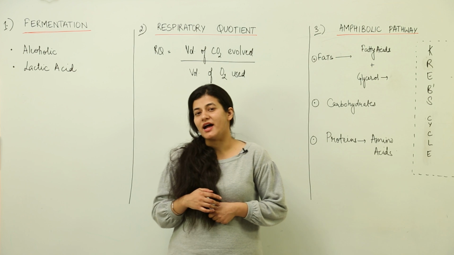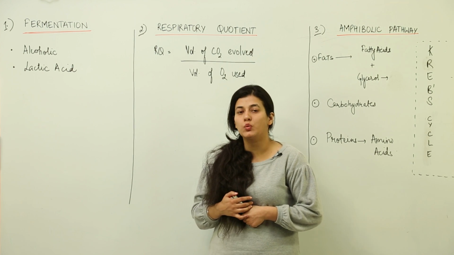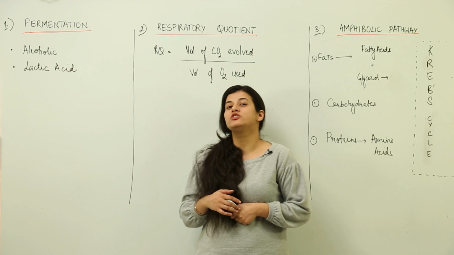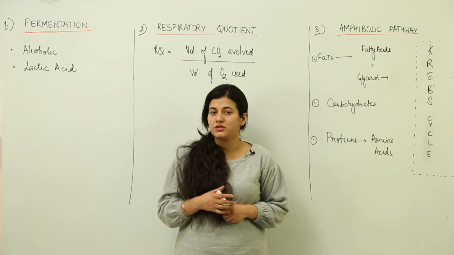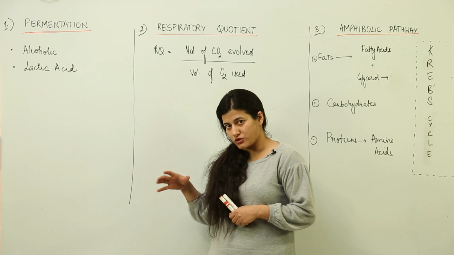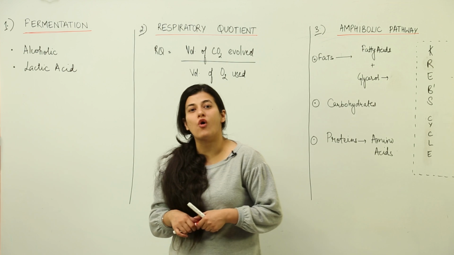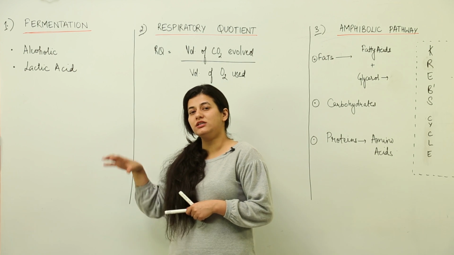We did discuss that in anaerobic respiration, that is one type of respiration where there would be very less amount of energy generation and there would be deficiency of oxygen. That means there would not be an electron acceptor in the end. That is why the Krebs cycle would not be driven and the electron transport system would not be driven. And what happens, the pyruvic acid which is formed in the process of glycolysis, that gets converted either into alcohol